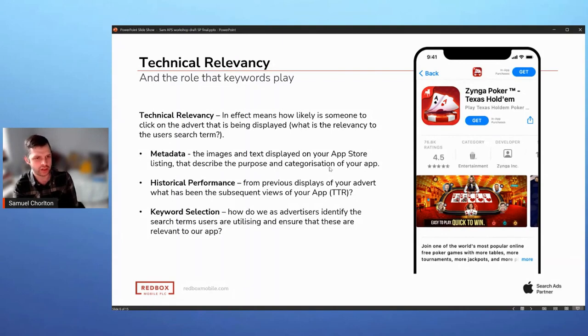So technical relevancy, for all intents and purposes, is regarded as the likelihood that a user searching for that search term is going to click on your advert versus a separate advert being served. And what that means is if you were a shopping app and somebody searched for the search term news, it's fairly unlikely that they're going to click on that advert. And that's quite important because Apple charge you at the point that the advert is clicked. If they serve an advert that doesn't get clicked, they in effect don't get paid for that advert, and also they're providing a poor user experience for their consumers.